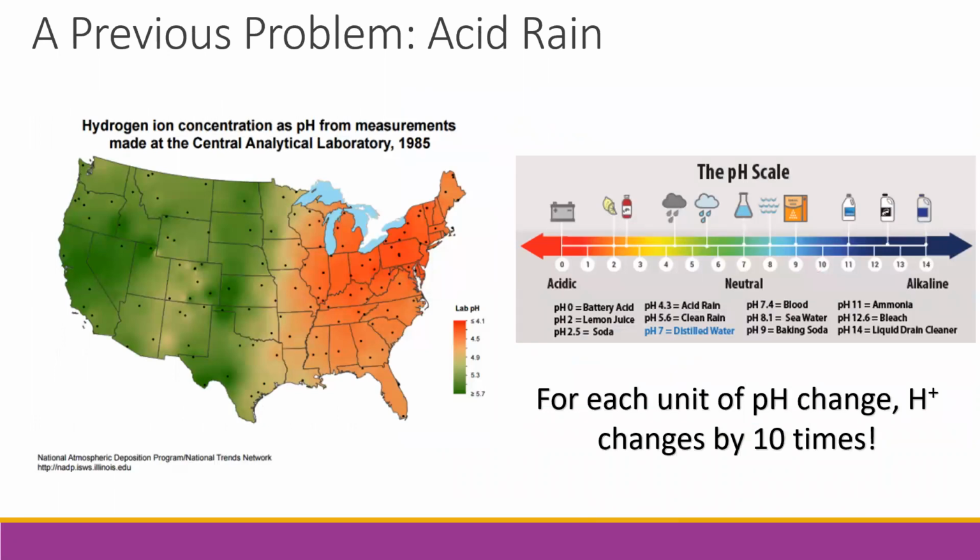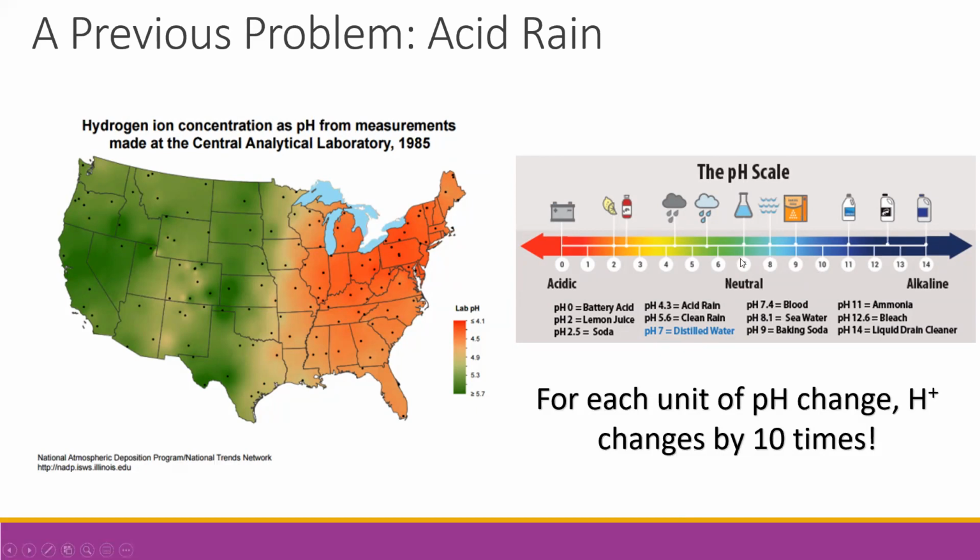First, I'll start with something that people who've been involved in the Adirondack community are very well aware of, and that's the problem of acid rain. This is where cloud water chemistry really became an important part of the atmospheric sciences. The plot on the left is from the National Atmospheric Deposition Program, showing the average rainwater pH in 1985. As you can see in the eastern United States, many of these pHs are 4 and below. And it's worth reviewing how pH works.